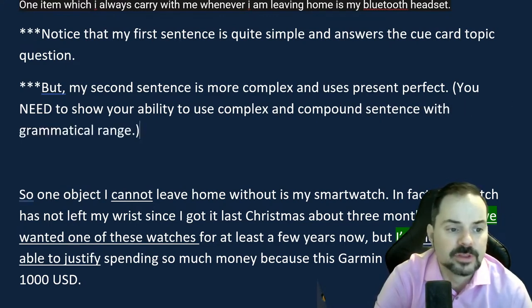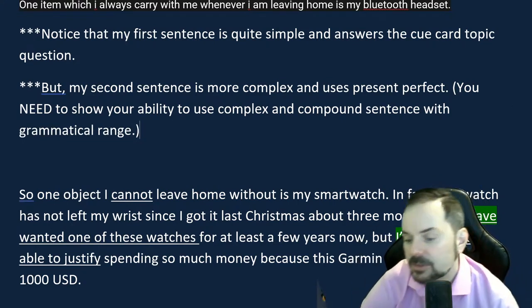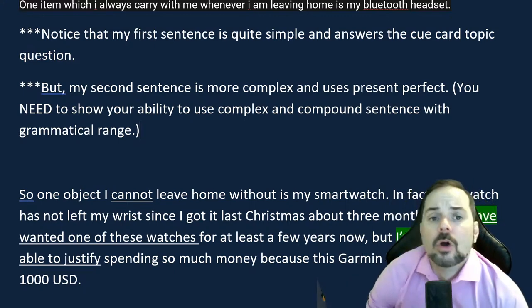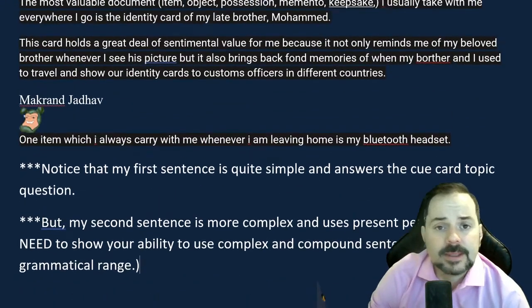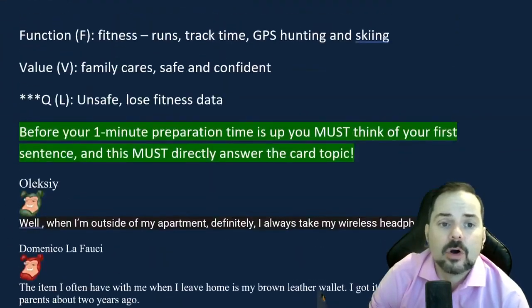They're literally looking for that. So they're checking off on their form things like grammatical range and accuracy, right? So you need to do that, okay? All right. Okay, so in the IELTS, if you don't know what to say, if you get stuck, always remember